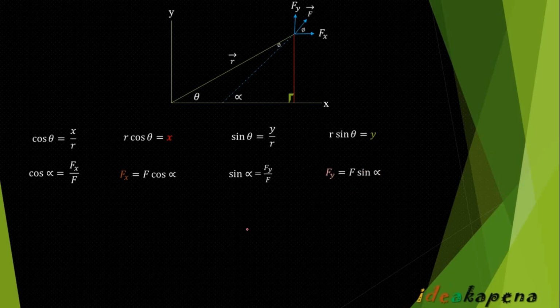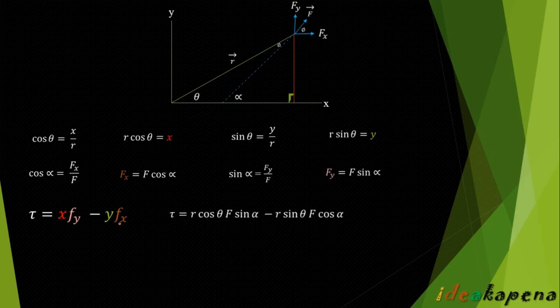Now we know torque for an object moving in an xy plane is just equal to this term, right? And let's substitute x, Fy, y, and Fx in equation A. So if we do that, we're going to get here. And now let's factor out the common terms. We have r and F that are common. So let's factor out those. So r F, then sin theta cos alpha minus cos theta sin alpha. You're going to notice that this is